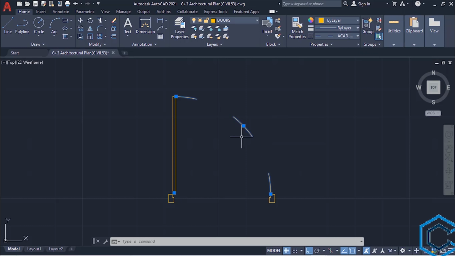Now let's fill the frame with hatch. So type H. Enter. So select this one and then select this one, left click. Now let's change its type to ANSI 37. We will change also the scale, make it 6, enter. Now close the hatch creation. Now it's looking good. As you can see, to select the door, we have to select each and every element